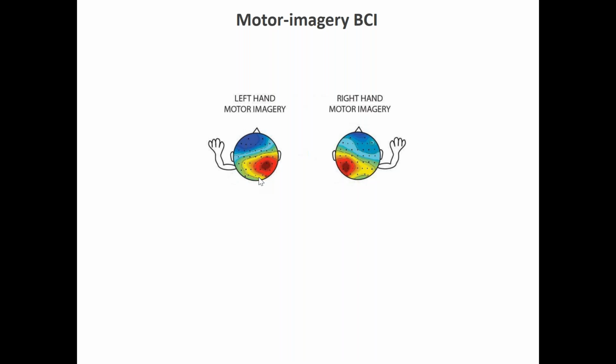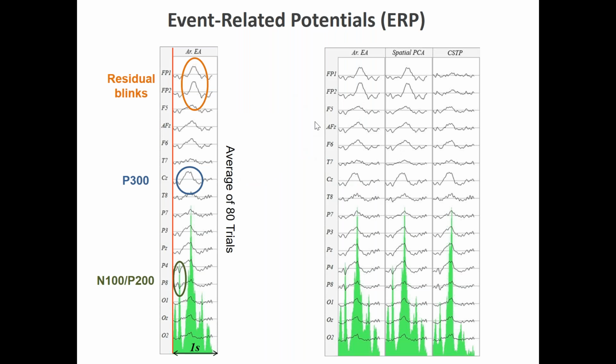Okay, so those methods are very useful for motor imagery brain-computer interface, but they are also very useful for studying event-related potentials. So you all know what an event-related potential is, okay? This is an event-related potential that has been computed on the average of 80 trials, okay? And this is a